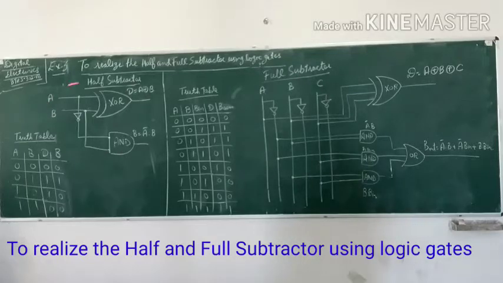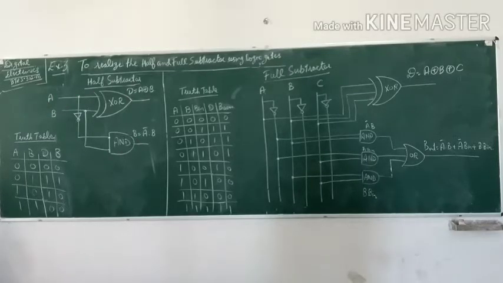So this is the circuit of half subtractor in which the inputs given A and B will be XORed and we will get the result as difference. So equation of difference D is equal to A XOR B. Whereas the borrow in this circuit will have equation borrow equal to A bar B, because we are using NOT gate here, and as you know, NOT gate will invert the input given into the opposite form.